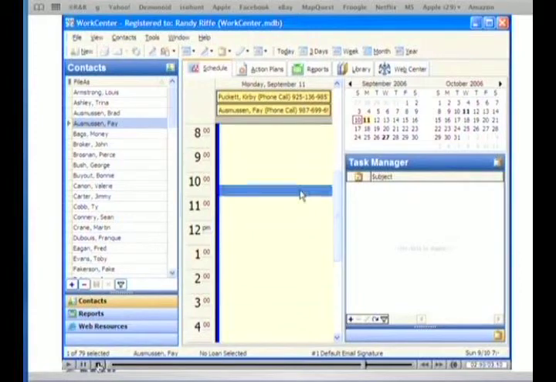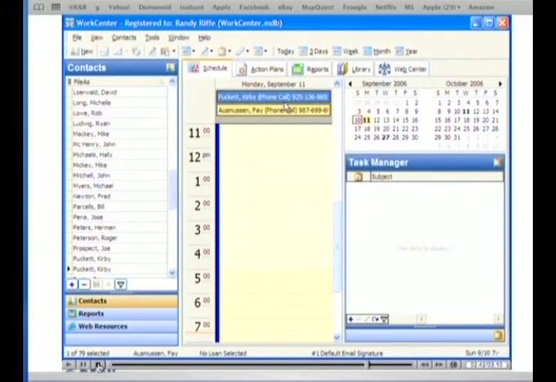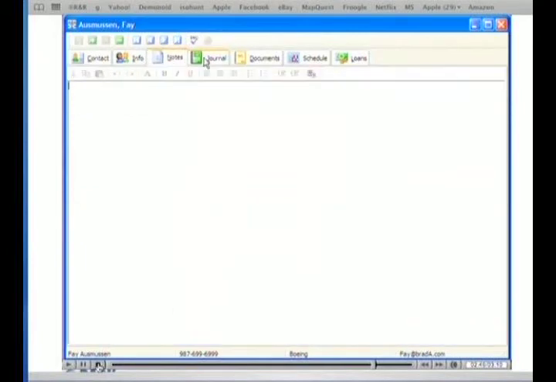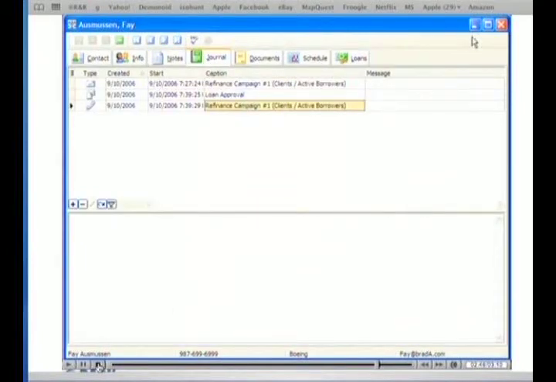As we discussed in previous videos, all contact communications that go through Workcenter are automatically entered into the Contact Journal tab. This allows you the ability to track all letters, emails, calendar items, and manually enter journals with a single click. We will open one of the contacts used in this Flash video and show you the journal listings for this action plan. For more detailed information about action plans, watch the other Flash videos, refer to the Workcenter Quick Start Guide, and